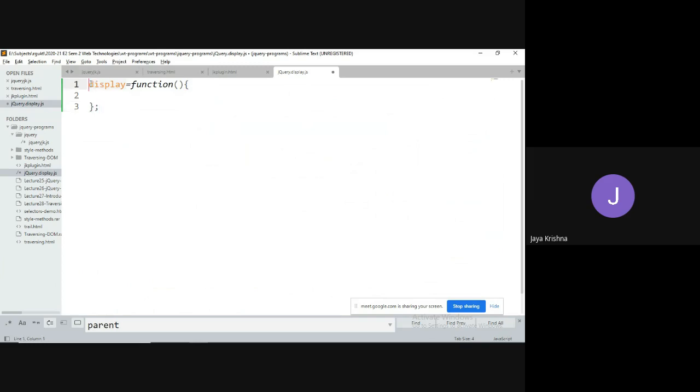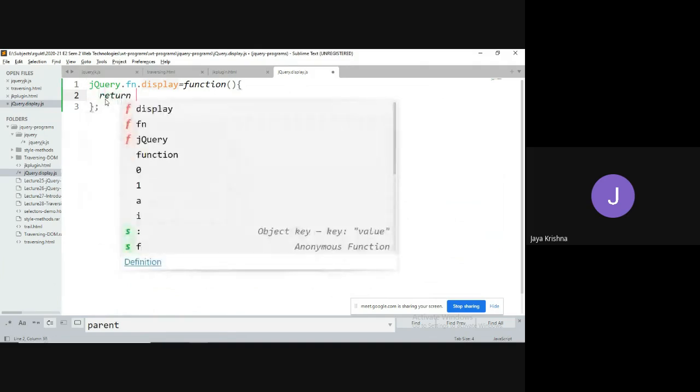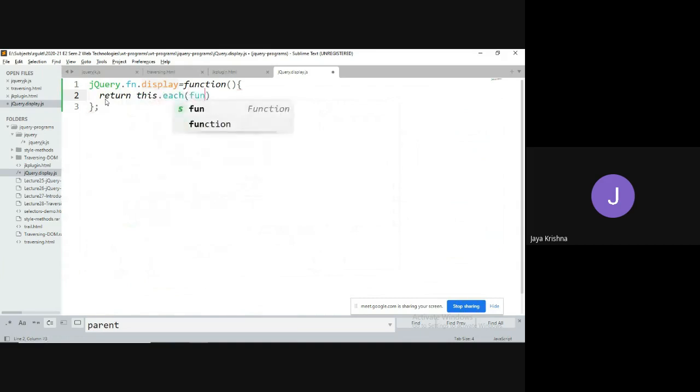If you are going to write any kind of method or function, you have to compulsorily prefix it with jQuery.fn. And this function has to return every matched element, right? So this dot each, you know this purpose.